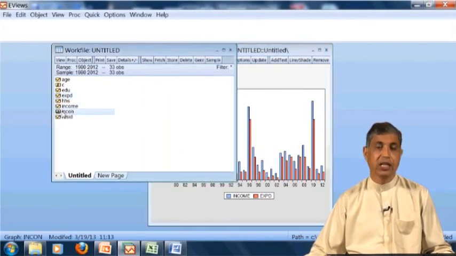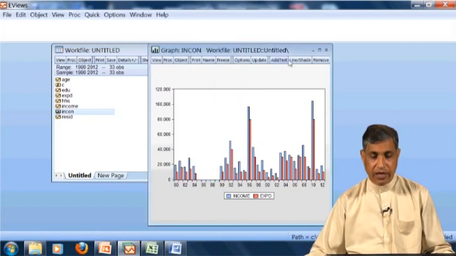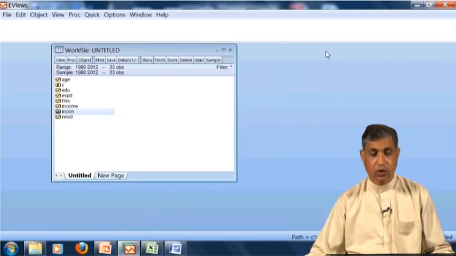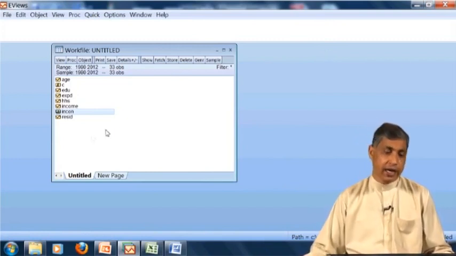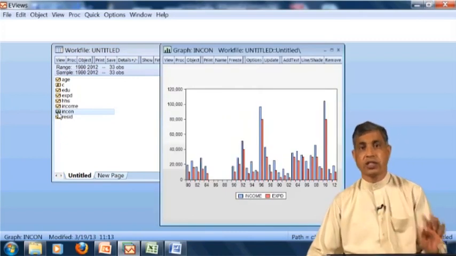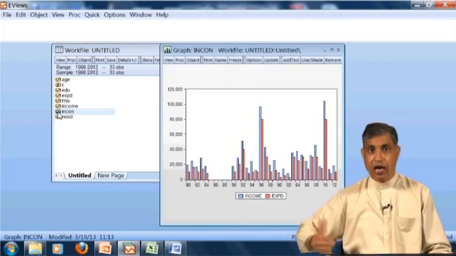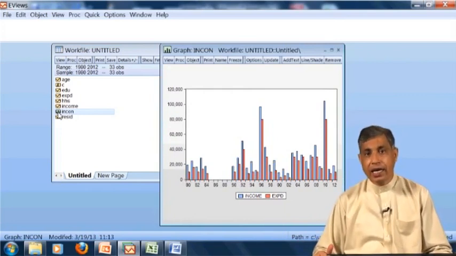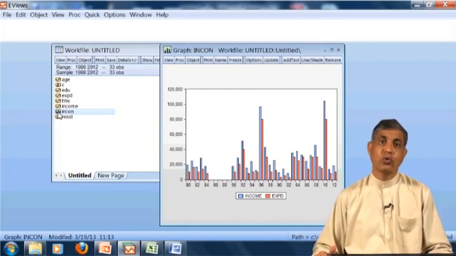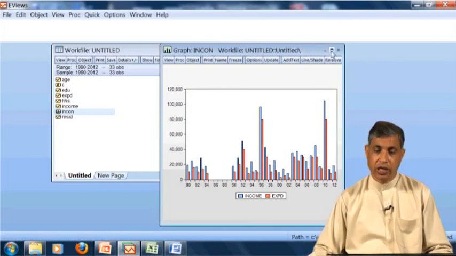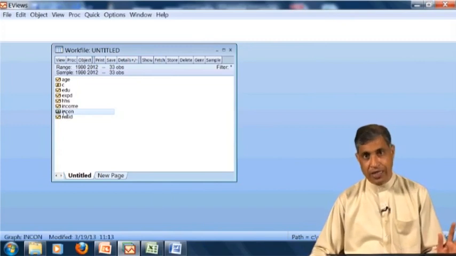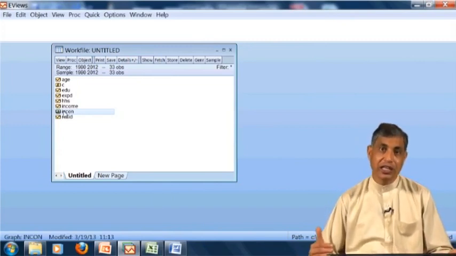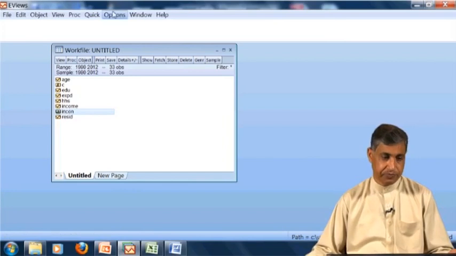Now I delete this one and I say okay. Now it has not asked, because it knows that I have saved. At any time, if I double click this, the graph is there. So it keeps the record of your activities, and at any time you are not going to lose any special data. This graph will remain here until you delete it yourself.